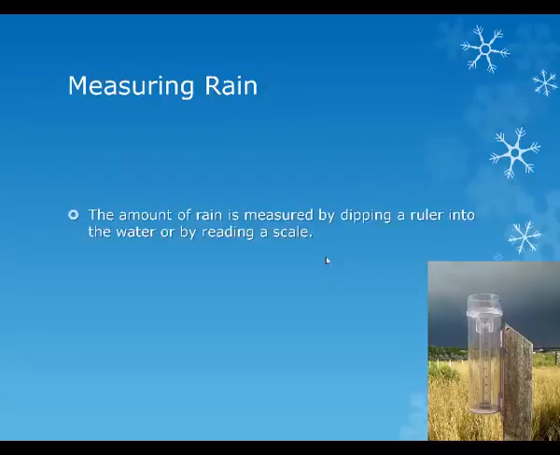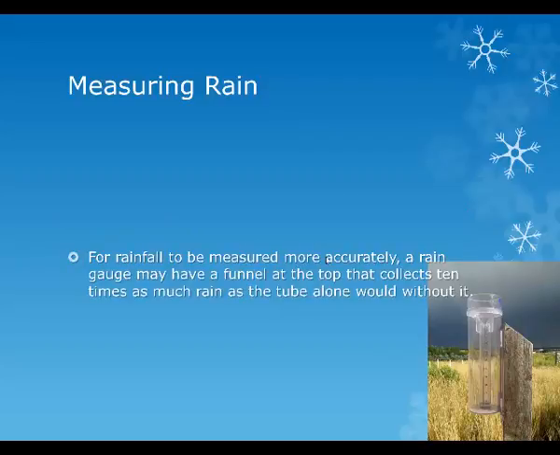Notice at the top of the rain gauge there is a funnel shape, and on this one there's a measuring device inside of that rain gauge. You can either take a ruler and simply measure the amount of water that's inside the tube, or many of them have a scale right on the rain gauge. Many of them use that funnel to collect a larger amount of water over a larger area. And usually that area is 10 times larger than the area that we actually use to measure the amount of